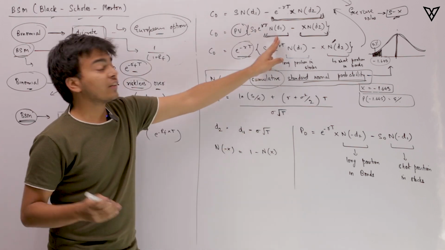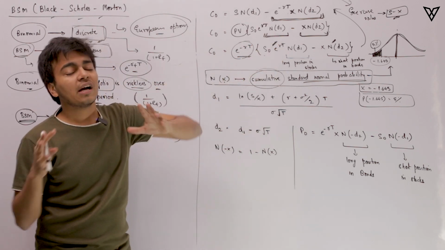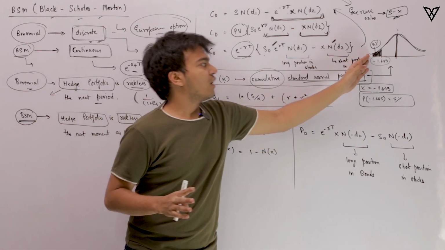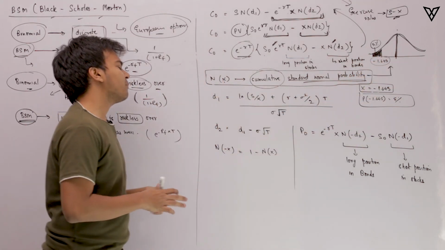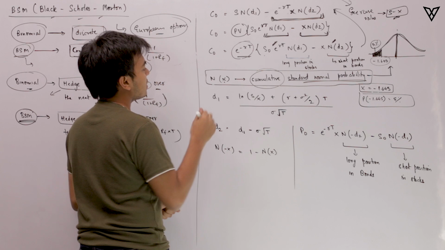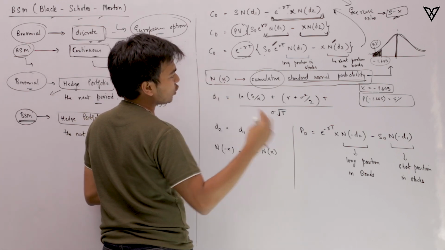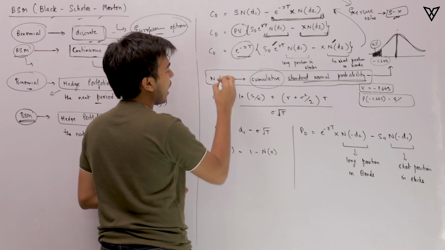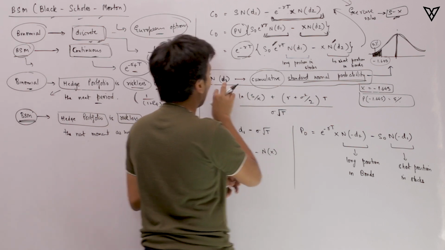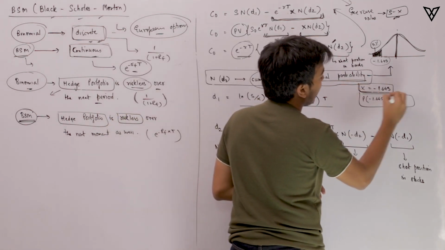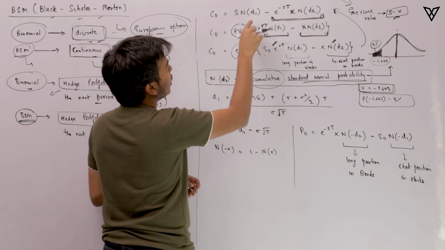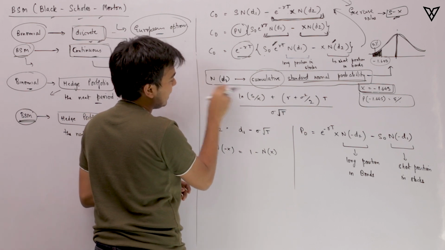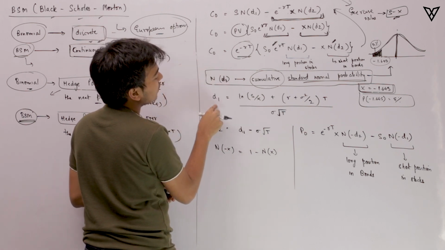So the weights, or the number of stocks that we plan to buy, depend on what? They depend upon a probability, which is nothing but a standard normal cumulative probability from here. Alright, as we have studied this in the Z distribution. Now what we need to understand is, we figured out that N(x) is a cumulative standard normal probability. But we have been using ND1. Now how do we exactly calculate this ND1? Because to have the probability, we need to have the value of x. In the very same way, if we do not know D1, we cannot know ND1. So to figure out ND1, we are trying to figure out D1.